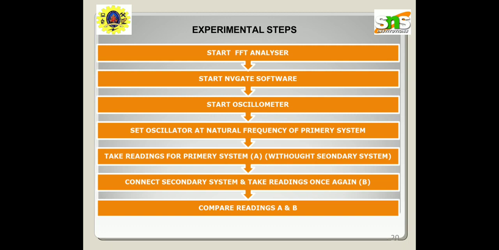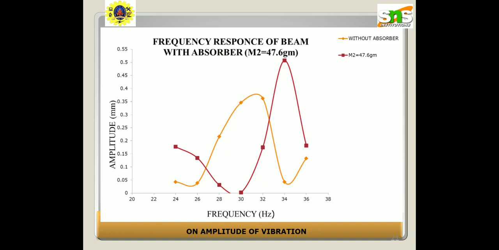Set the oscillator at the natural frequency of the primary system. Take readings for the primary system without the secondary system, then connect the secondary system and take readings once again. Compare readings A, B, C. This is the graphs. This graph represents